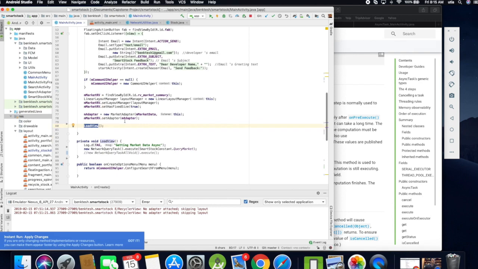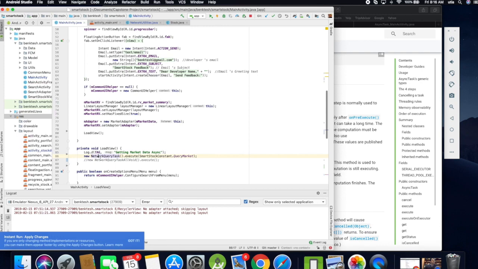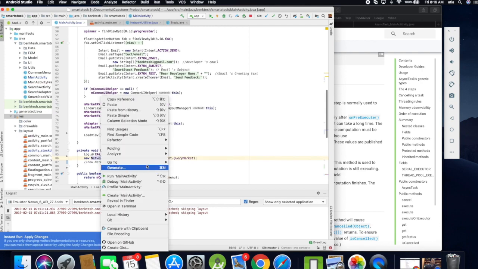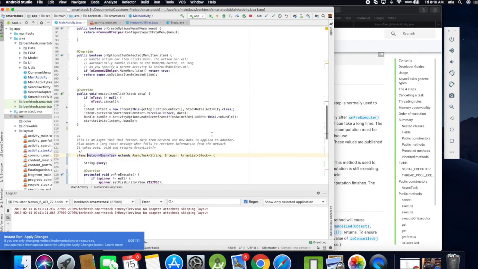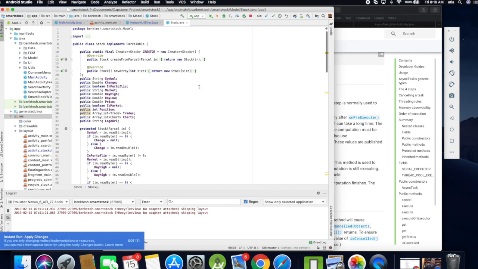In this method, after the setup of the UI, I call this LoadView method. LoadView then creates a new async task, a network query task, and executes it with a parameter. Let's see what this network query task does. If I go to the implementation, it's extending AsyncTask with 3 parameters: string, integer, and array list of stock. Array list of stock is simply a Java class that holds the variables that I want